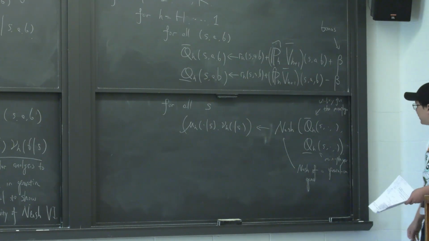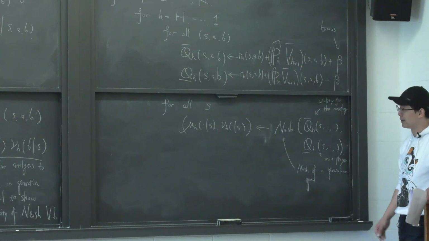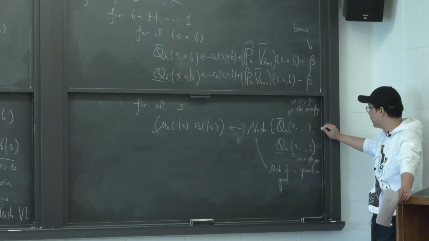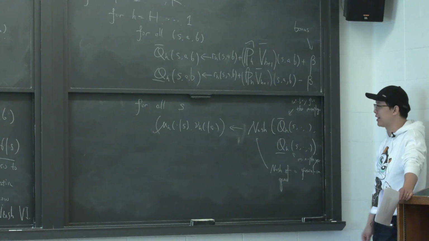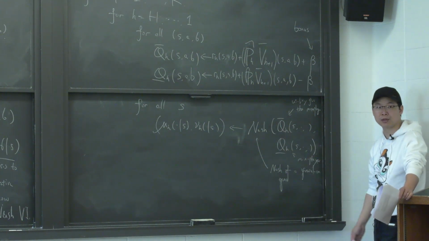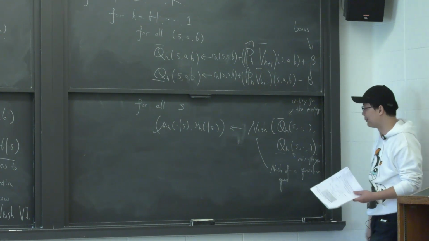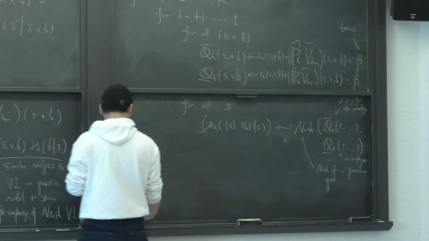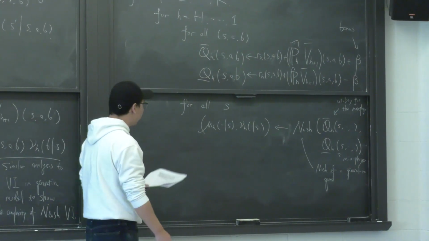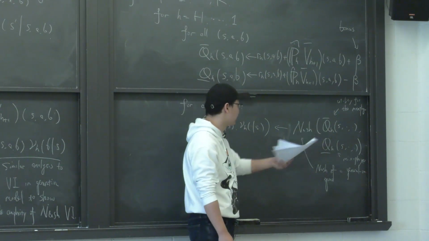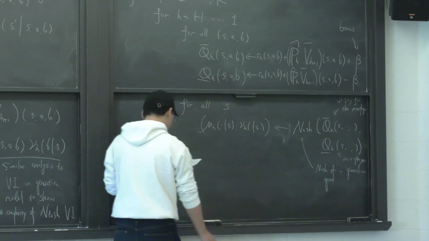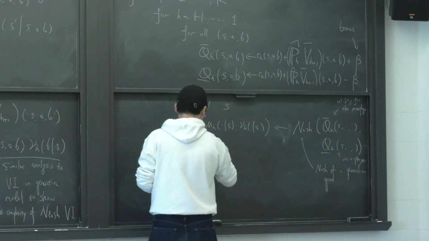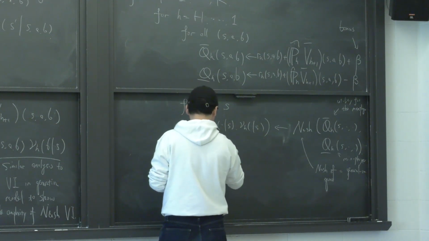So now the two players actually have different utilities, and they no longer sum to 1. This is a general sum game. In general sum, we will still be able to find a Nash, but we'll talk about the caveat of this problem later. In short, this subroutine can no longer be computed efficiently. This is actually a PPAD-hard problem, so we will talk later about how to fix it. But a simple algorithm is first we compute the Nash equilibrium of a general-sum game, in the sense that the first player uses utility Q upper bar, and the second player uses utility Q lower bar. And then we compute the upper bound on the V value